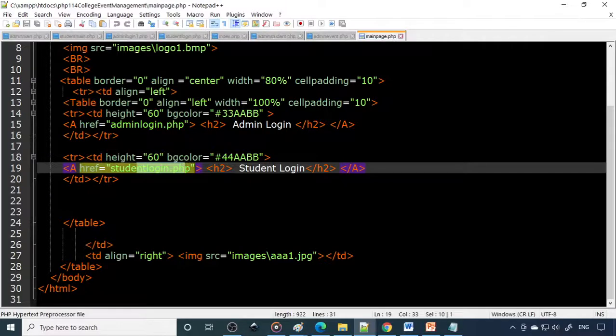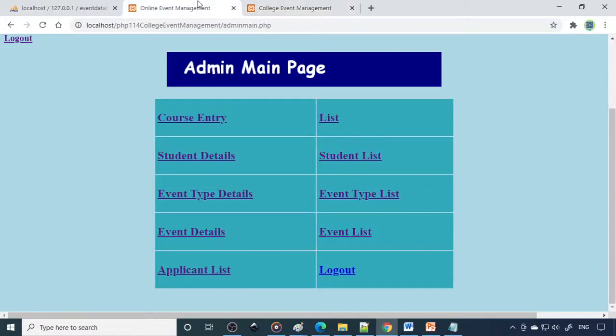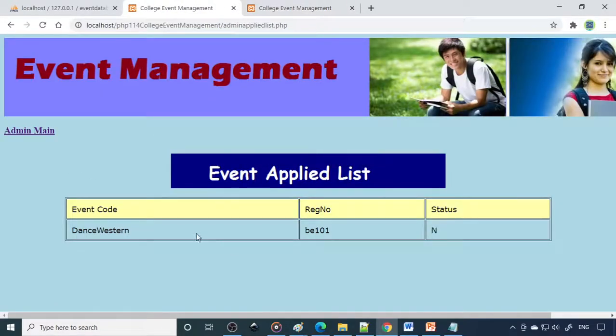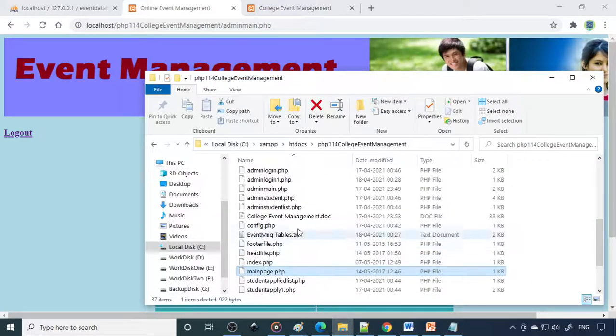See, the result has to come. So what is the important result? The important result is which student would like to join. That is what is very important. Up to this it comes, meaning the purpose will be served. The main objective is served over there. Right. So next is the login page.